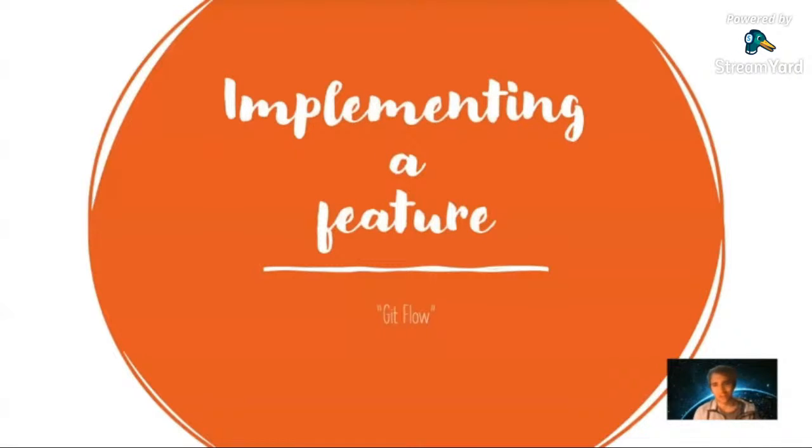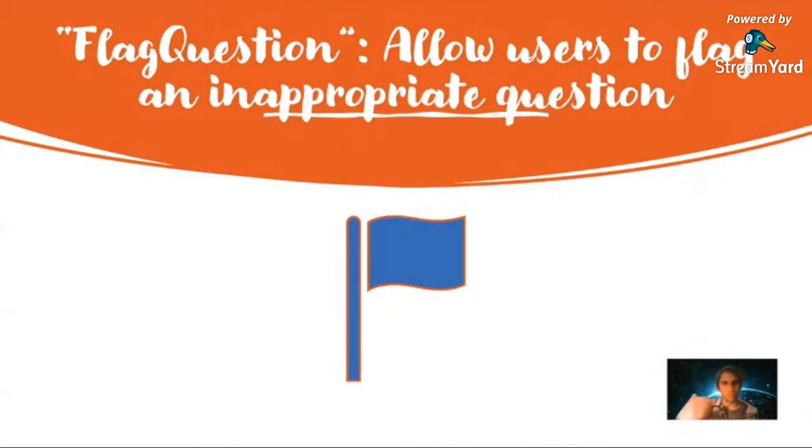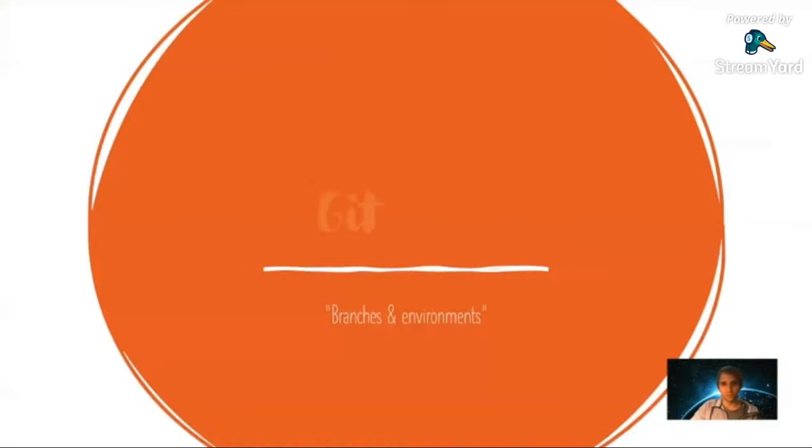Now, let's start implementing our first feature. Nice. We want to implement the first feature. Let's see how we do that. What's the Git flow that we follow? What feature will we implement? Now, we were building this quiz application, and people can make questions there, but people who have bad intentions, they can also create inappropriate questions. So we want to enable flagging inappropriate questions. So this is a feature, enable flagging of questions.